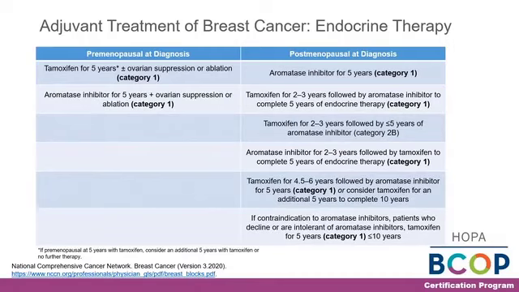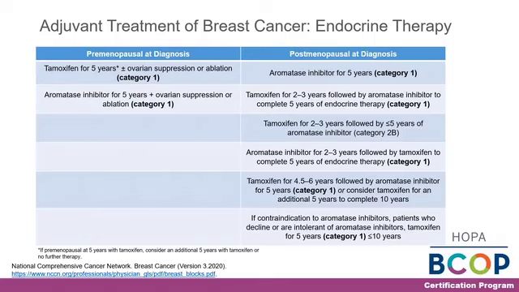With regards to adjuvant endocrine therapy, this table outlines the recommendations per NCCN consensus guidelines for breast cancer, and they're divided up by whether the patient is premenopausal at diagnosis versus postmenopausal at diagnosis. The category 1 recommendations are bolded and noted in the chart. And for premenopausal patients at diagnosis, the recommendation is either tamoxifen for 5 years, and if they've completed 5 years,